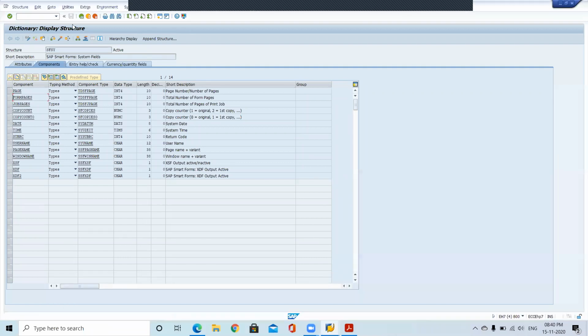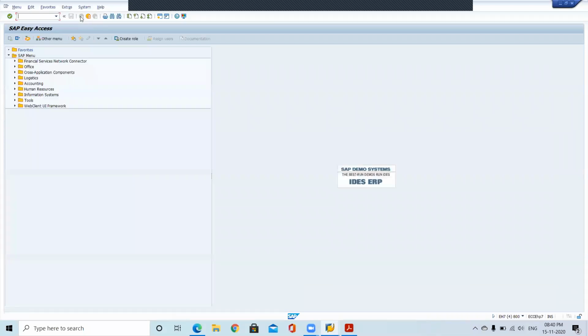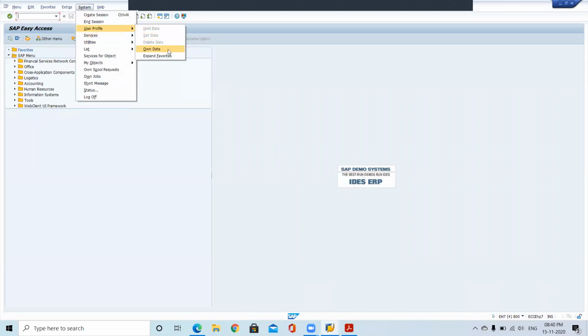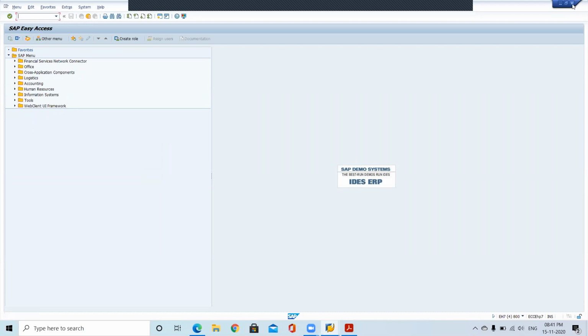Directly go back. User profile, own data. Here also sessions are not available. Close it.